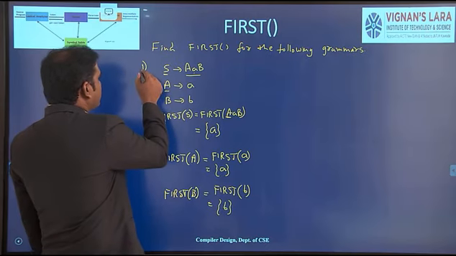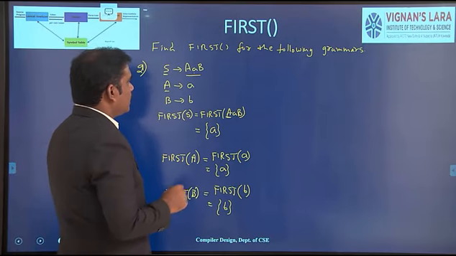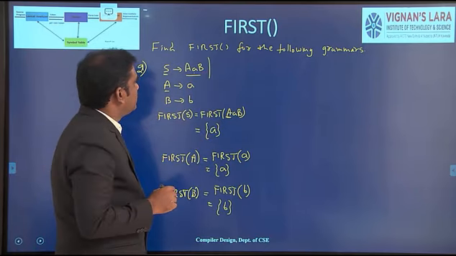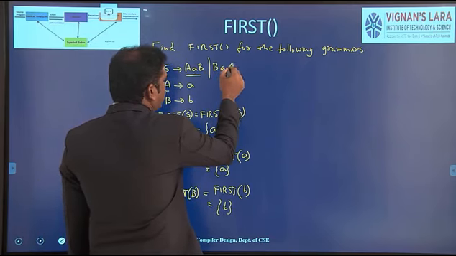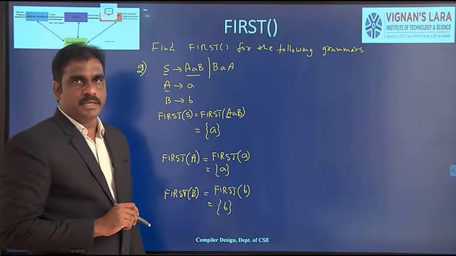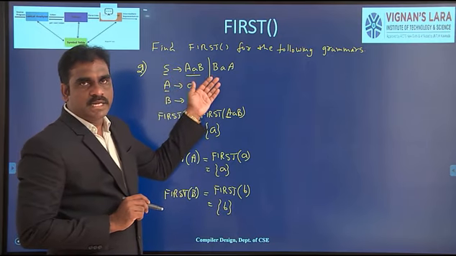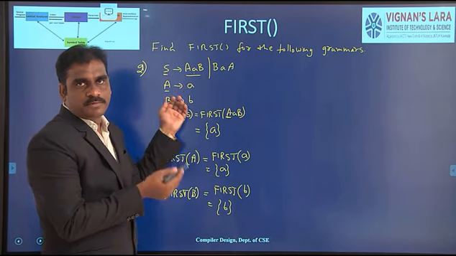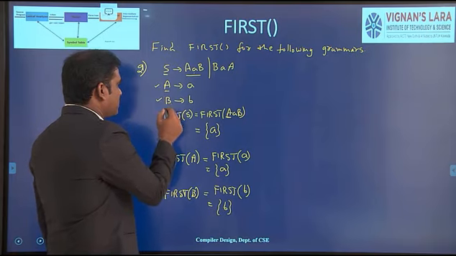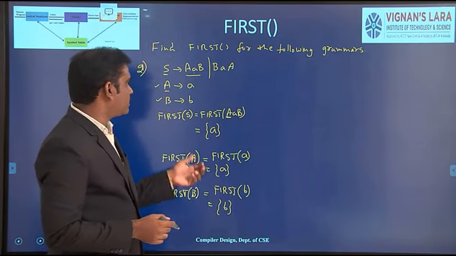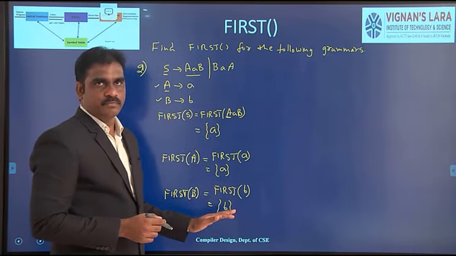And the second example, take the same grammar. So here we have one more production, that is, for example, take B to a A. In this case, a production contains more than one option. In this case, how to find the first function? Okay, let us see. So first find first of A and first of B. Almost both are the same. So first of A equal to a and first of B equal to b. These two are the same.